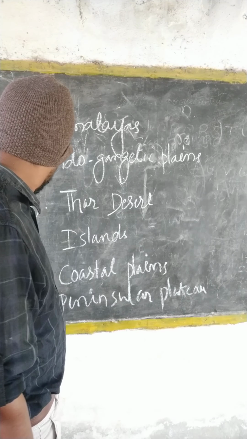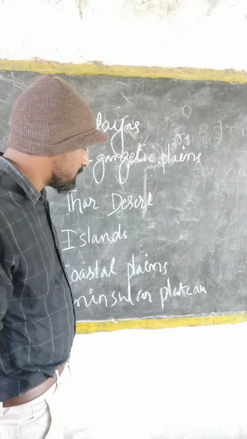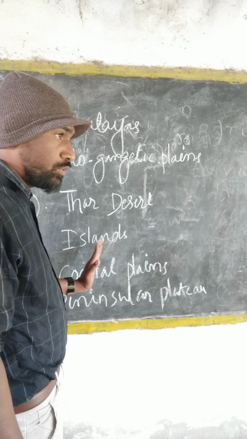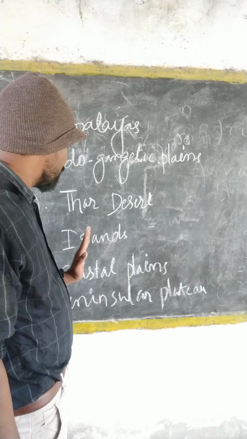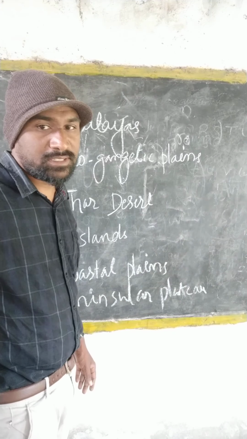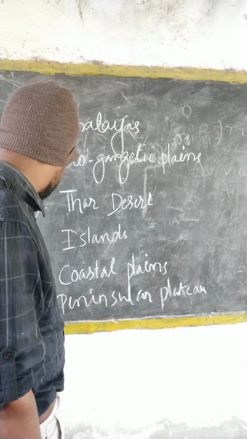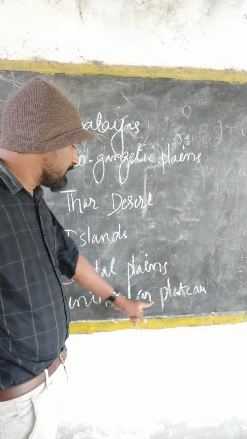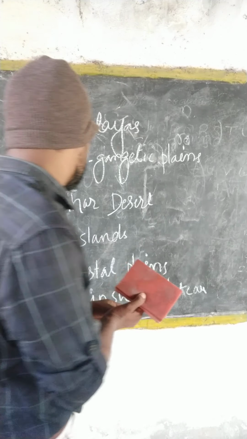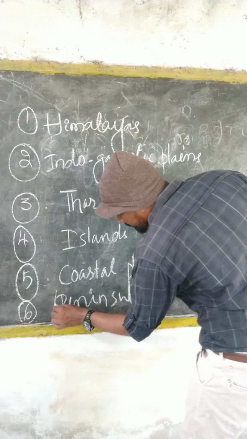And fifth relief feature is coastal plains. The coastal plains are adjacent to the two sides, west and east. One is along the Western Ghats and second one is along the Eastern Ghats. So those are the coastal plains. And sixth one is peninsular plateau. So the definition of this peninsular is,